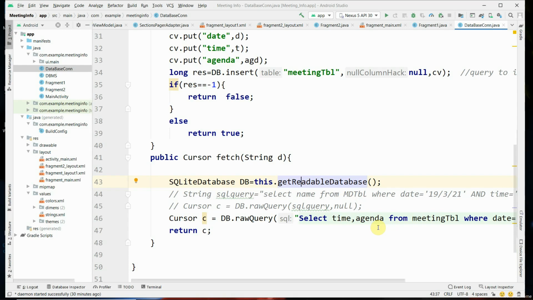This indicates the current database object. And db is an object which holds the result, and the query is given using the database object.